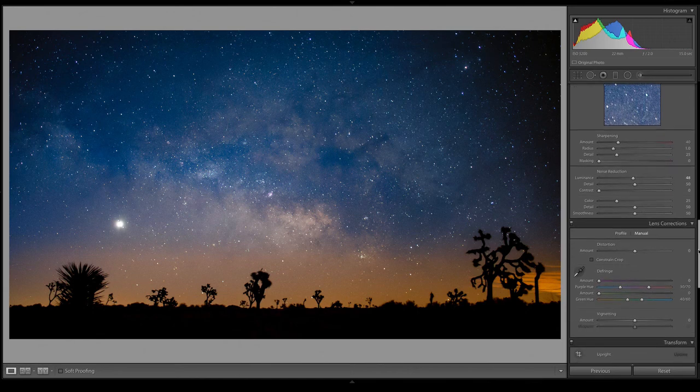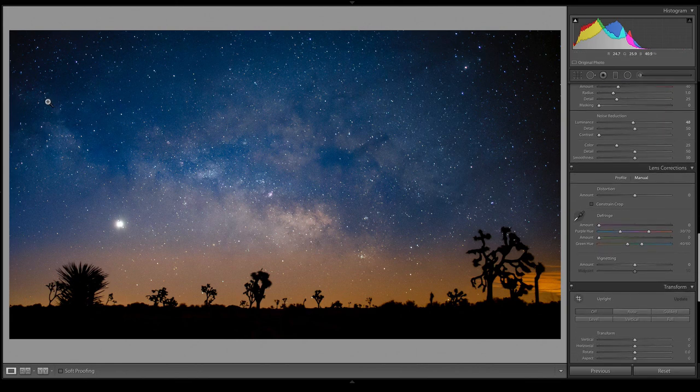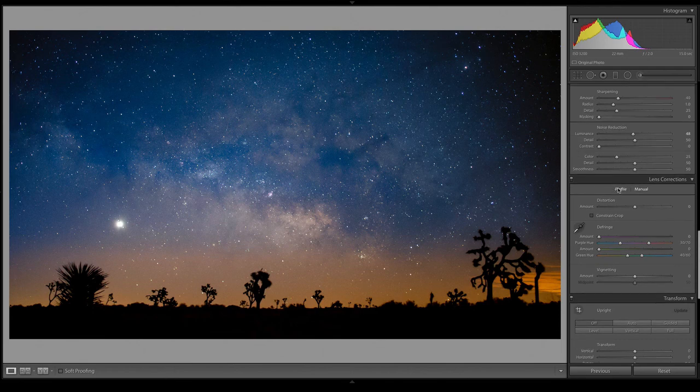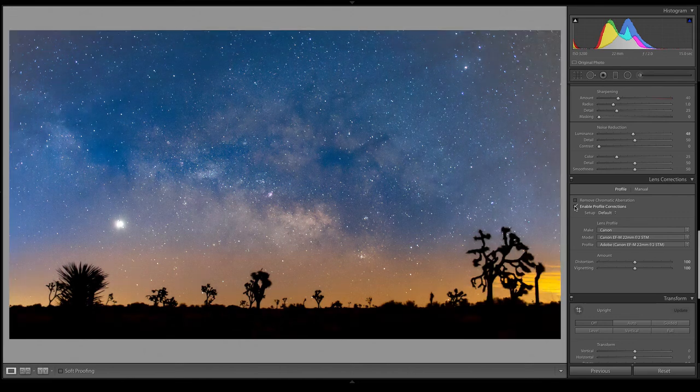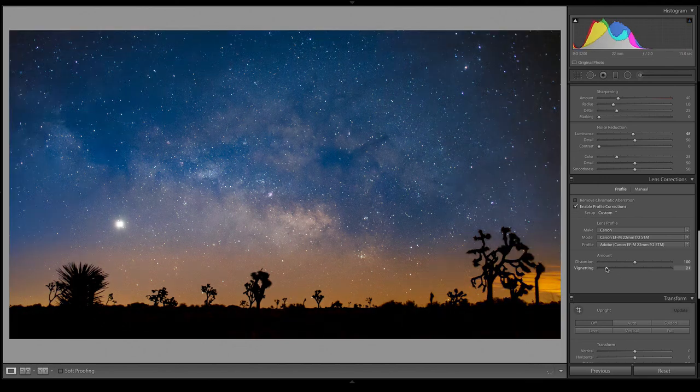One thing that I would also play around with, if you don't like this vignetting, I actually like the vignetting. What you might want to do is check your lens corrections. We can enable profile corrections just to see what that does. Ooh, that's pretty extreme. But you might want your entire sky to be a little bit brighter. If you want that sort of effect, but not so much, we can take down the vignetting slider down here to bring back some of the vignetting from the camera itself. Now, this is from the lens itself. It's not the post-crop vignetting.